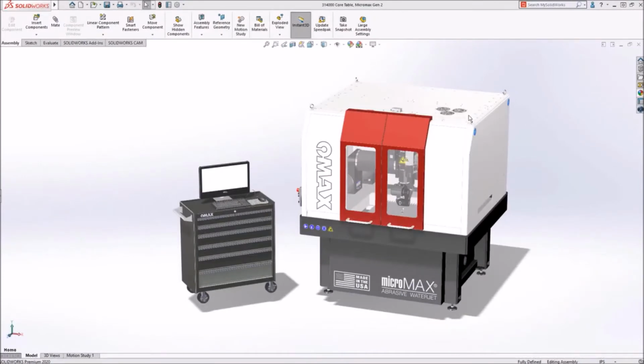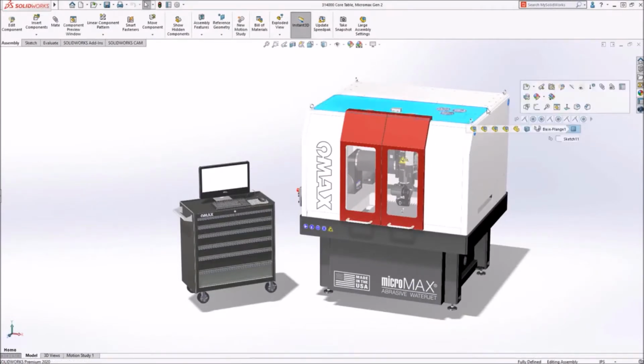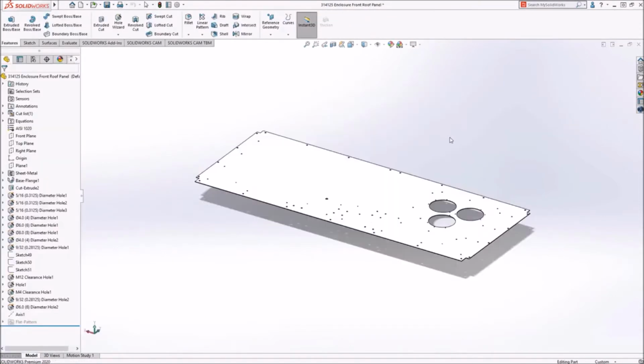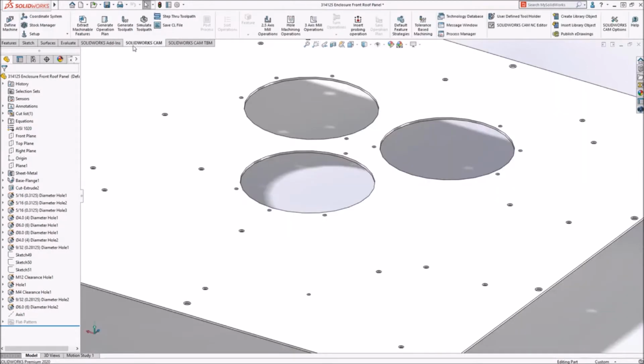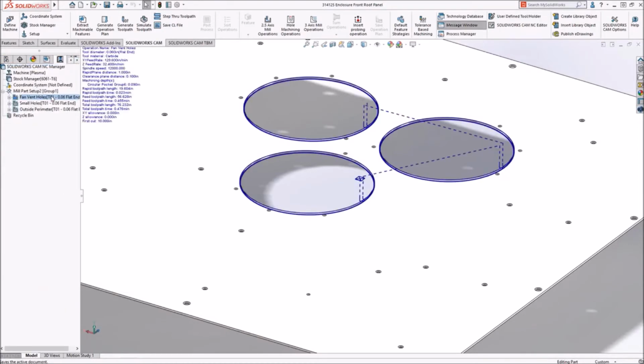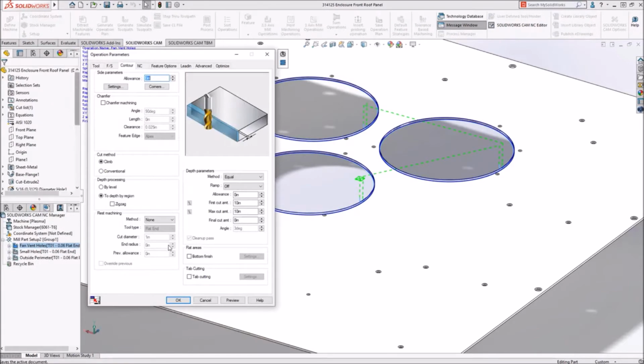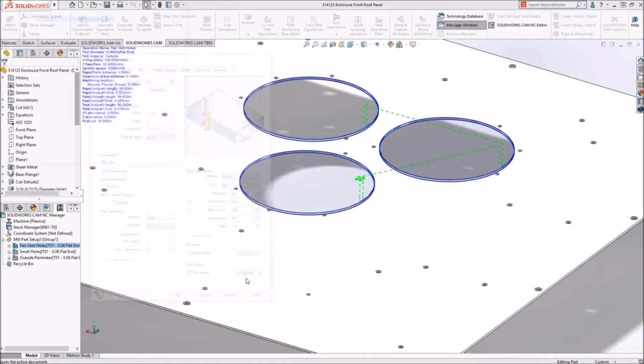Custom machined components like this roof panel for the Omax water jet require special attention to manufacture. The 3 large cutouts need to remain attached to ensure the large scrap pieces don't damage the machine or ruin the part. SOLIDWORKS CAM 2020 introduces tab cutting, a new option to generate this critical toolpath detail versus manually adding